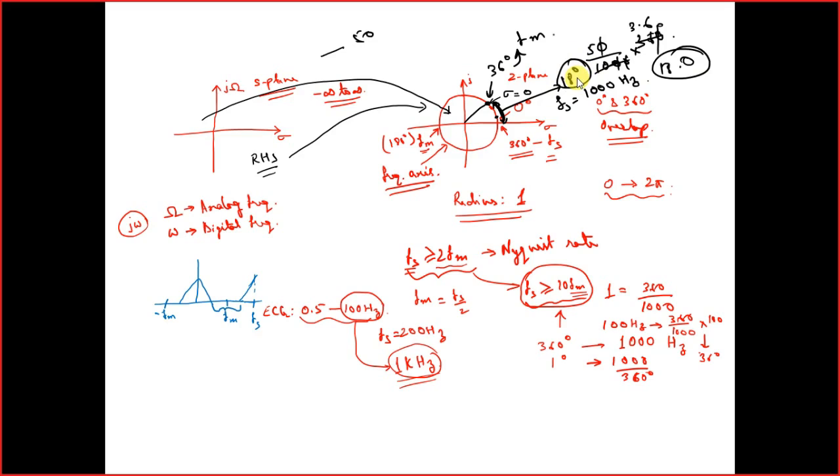Okay. So at 18 degree, we will be placing the zero for designing the notch filter. Now, if we had the same thing, if you are having a sampling frequency of 200 hertz, so this would be, okay.